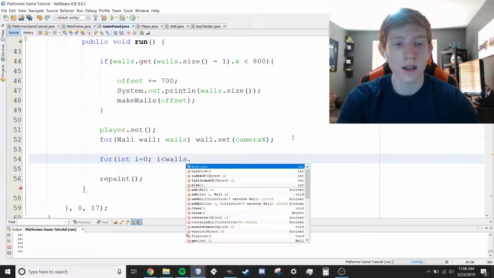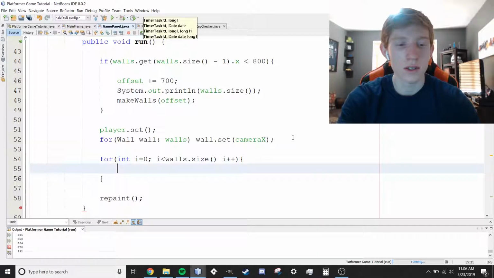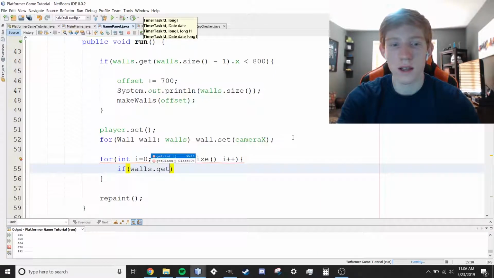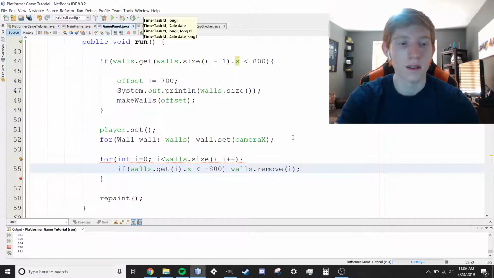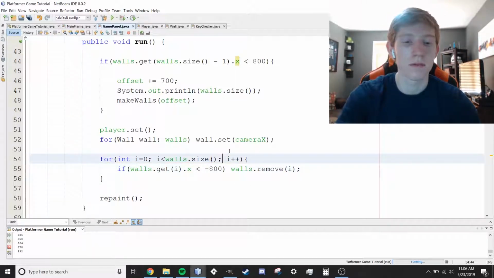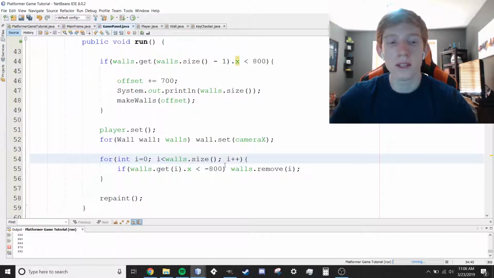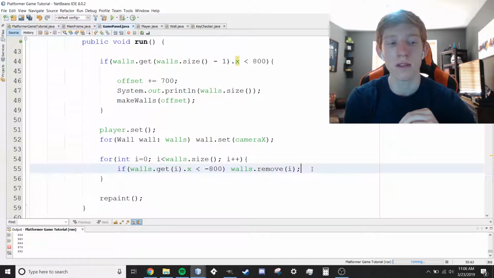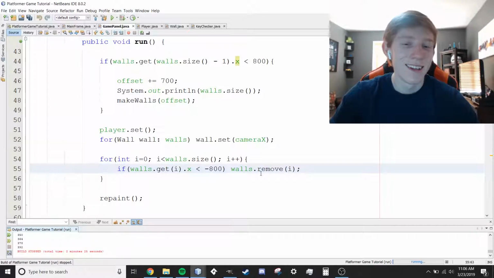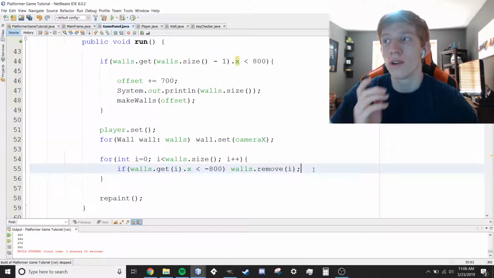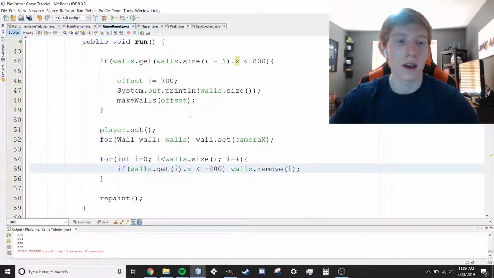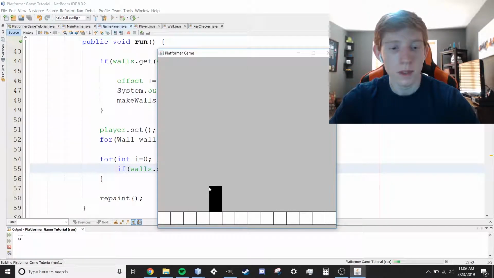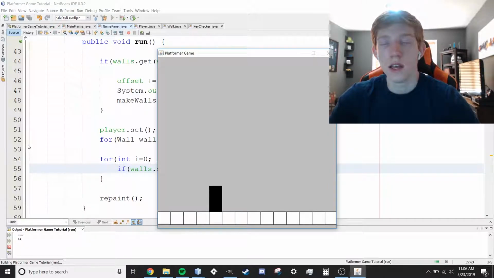I is less than walls.size, I plus plus, just like that. If walls.get(I).x is less than negative 800, walls.remove(I). And we forgot a semicolon. There we go. So what this is going to do is check and see if the wall, we've got to stop our program. If the wall is really far gone this way, so like our player's right here, if the wall is all the way over here, it's gone, it's in the back, we don't want to see it anymore,